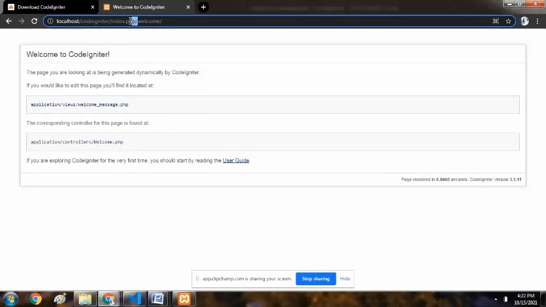So definitely we need this index.php after the domain. But this URL may not look good to a normal user, and this is not a search engine friendly URL. So we have to hide this index.php